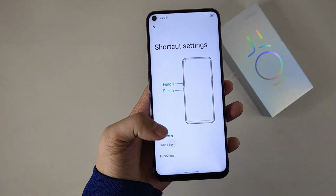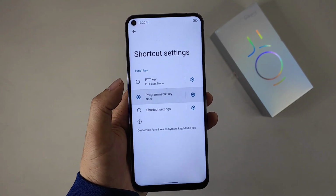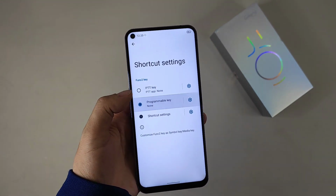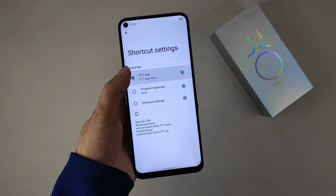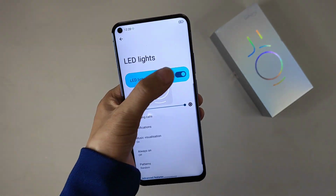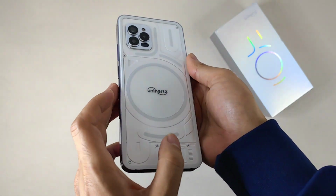Here are the shortcut settings. This time they support Bluetooth 5.3, and for the camera, it has a 108 megapixel main camera plus a 20 megapixel night vision and a 2 megapixel macro lens. And also a 32 megapixel front camera. Here is the LED light settings, and we can find that it supports a lot of